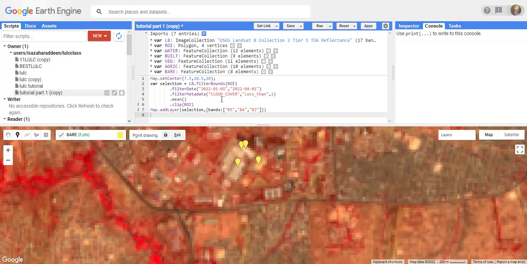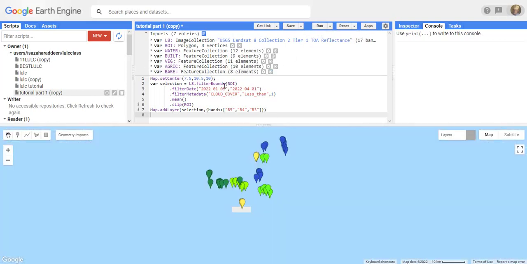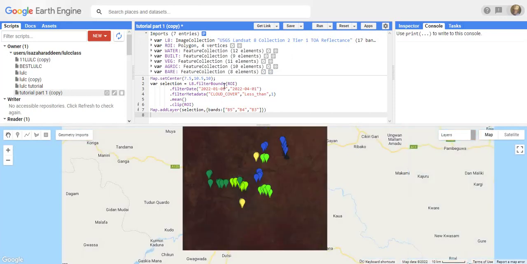Now we have successfully collected all our training samples. The next thing we need to do is harmonize our training samples and combine them together. Here we create a variable called training sample,